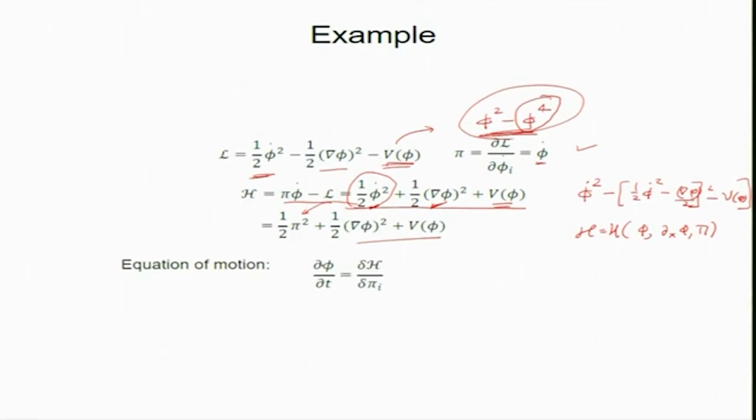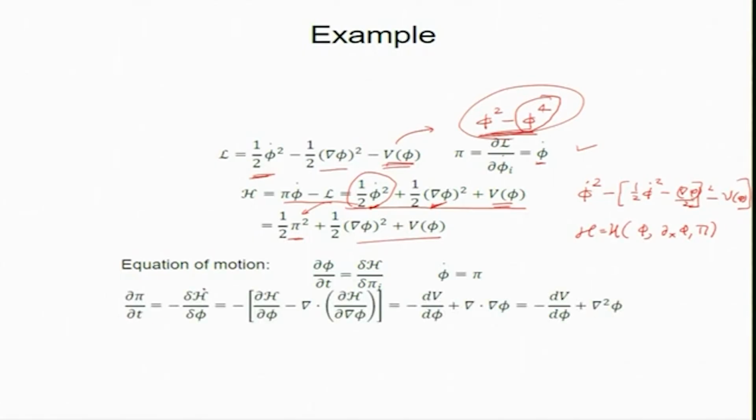So, I wrote that d phi dt is the functional derivative of H with respect to pi. Here it is straightforward, the right hand side will be just pi. So, phi dot is pi. Okay. Straightforward. Next,